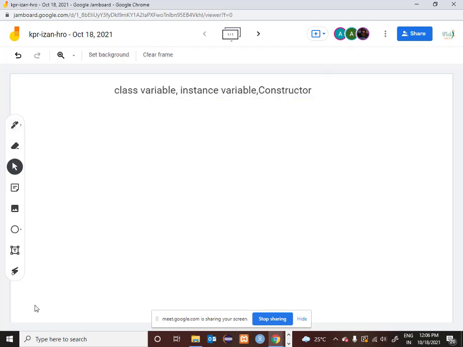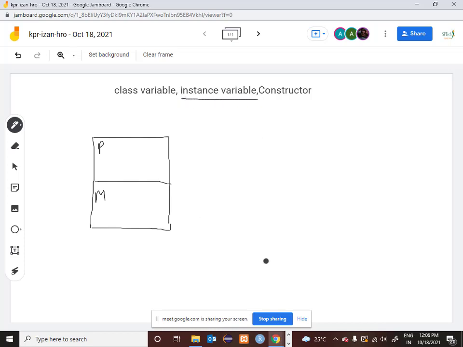So I will revisit the definition of a class now. In the last class we saw what is a class. We know that a class has two sections. The first section is your property section, and the second section is called the method section. Putting this property and method together within a class is called encapsulation. What we are trying to understand first is the meaning of an instance variable, and then we shall see what a class variable is.